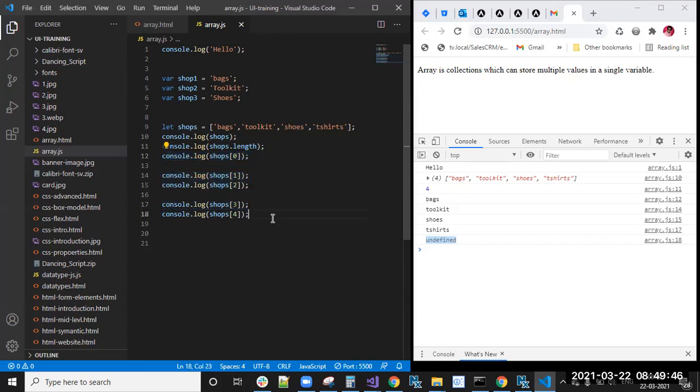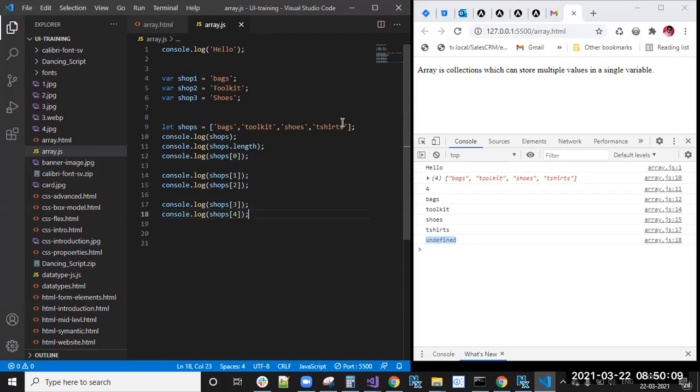And I want to add a new product into this array. How can we add? Suppose you have 4 products. shops[3] is the last element.